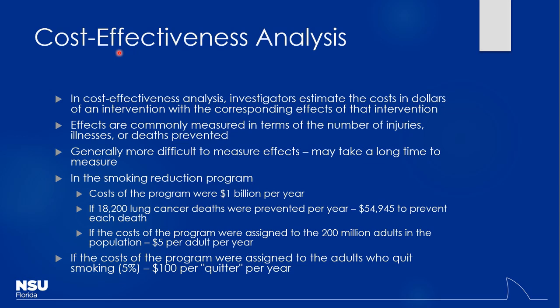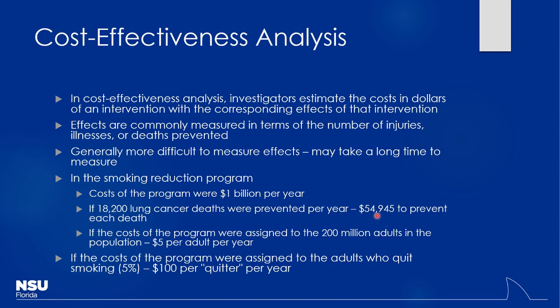We're done. So anyway, taking this information here, we can look at the actual cost of it. We can look at the cost of the intervention, and look at the actual costs saved potentially by having these individuals not be sick or not be dead, as the case may be. So for instance, in the smoking reduction program, if the cost of the program was, say, $1 billion per year, that would mean for those 18,000 deaths that we were going to be preventing, it would cost about